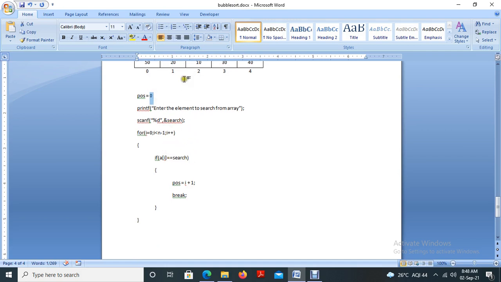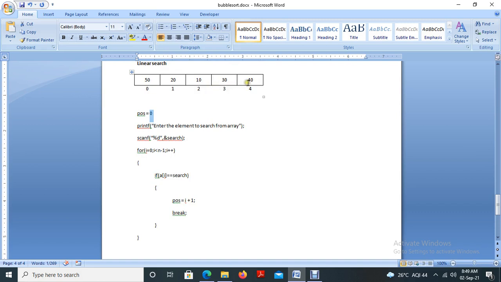If the value is available in the list, automatically this position will be updated to that particular index value plus 1. In our case, searching for 10: first 50 equal to 10, condition false. Then 20 equal to 10, condition false. Then i equal to 2, 10 equal to 10, condition true.